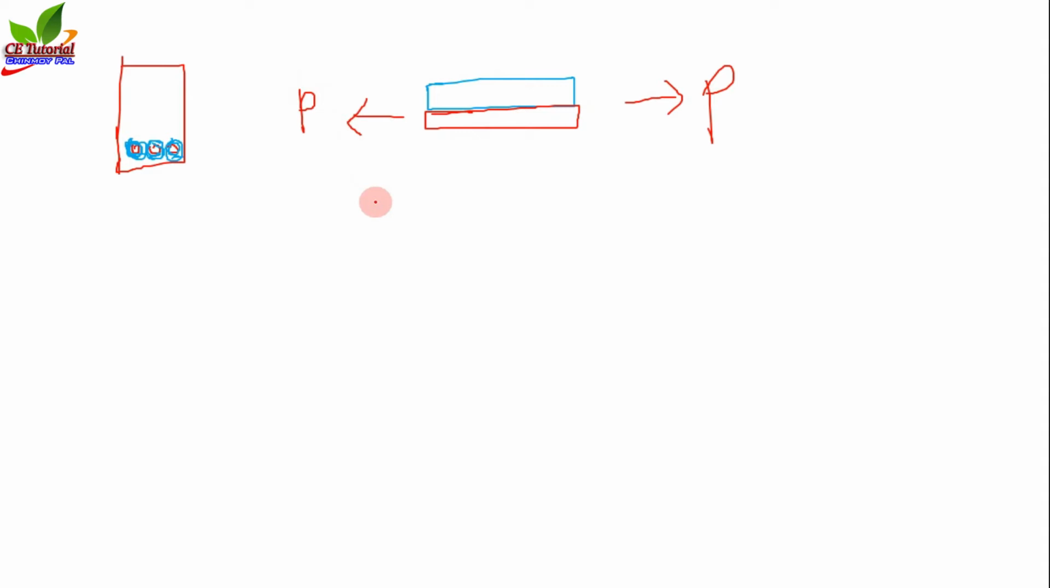Now after application of load, suppose you know that the stress strain curve of concrete and stress strain curve of steel is totally different. Both are linear but totally different because the material is also different. One is brittle material and the other is ductile material. So we can say that after the application of load, this will be the elongation of the concrete, and suppose